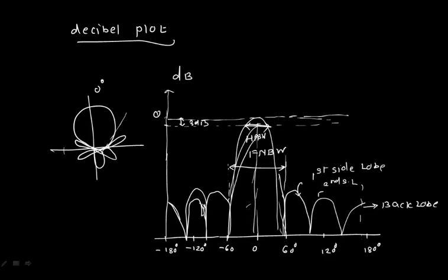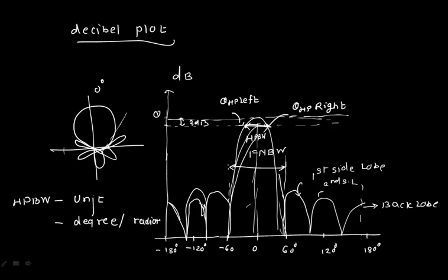So here if I want to define what is the half power beamwidth in the decibels, ये आपका होगा theta half power of left, this will be the theta half power to the right, ठीक है, और उनके बीच का जो भी separation होगा that will be called as the half power beamwidth. So what is the unit of half power beamwidth? As it's an angular separation, the unit will be degree or radian. You can represent it in either degree or radian, sorry, I have written here radiation. But generally we just represent the half power beamwidths and first null beamwidths in degrees only.